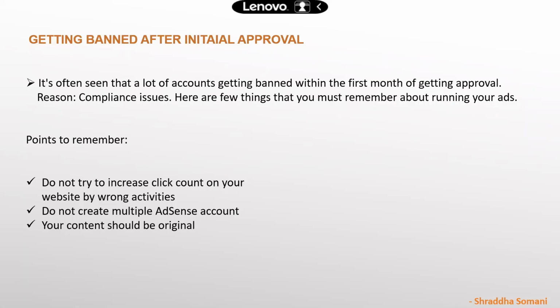Now, to earn money, what I'm doing is I'm clicking on that ad. Right now, Google is also very smart to identify this through IP address, through cookies, through all these things. Google can identify whether this click is actually happening by a visitor or it has been done by the account owner. So do not try to tweak it, right? Otherwise, it will get banned.